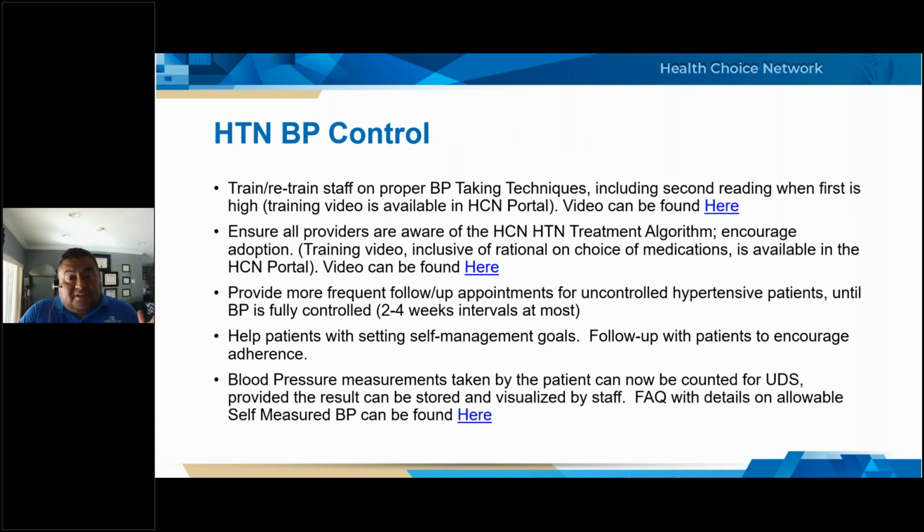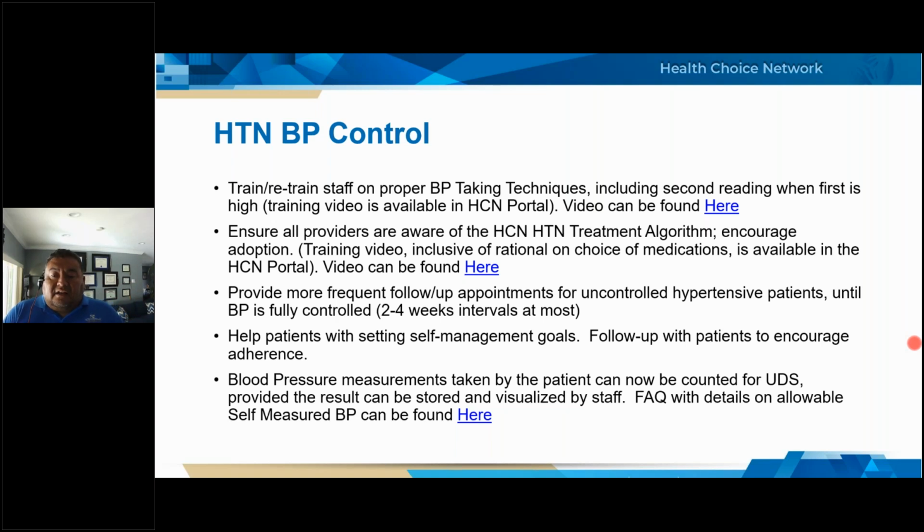Another hot topic for HRSA has been hypertension blood pressure control. One of the things that we always say here is train and retrain the staff on proper blood pressure taking techniques. There's tons of videos out there. We have included links to some of the videos that we have available on the portal that you can find here and access for your support staff, so they can just review their skills and refresh that